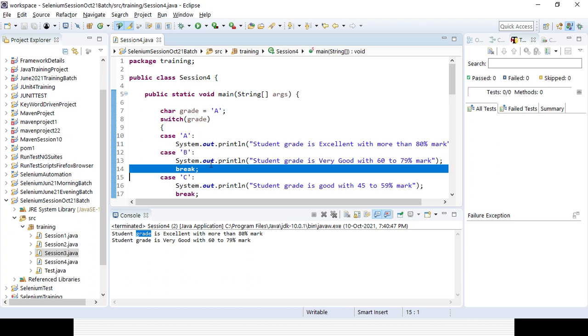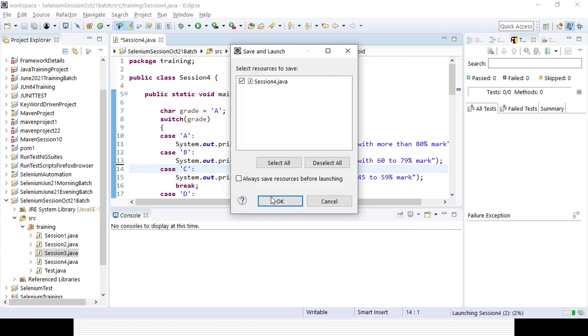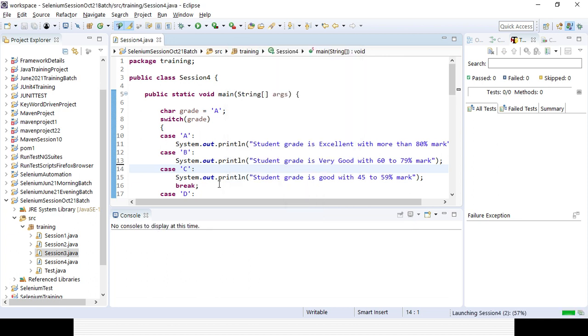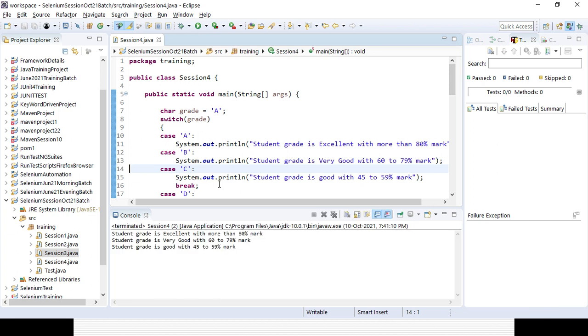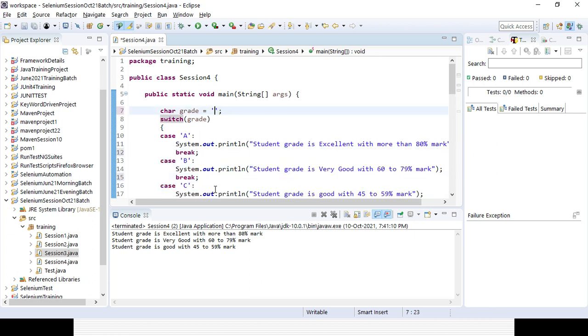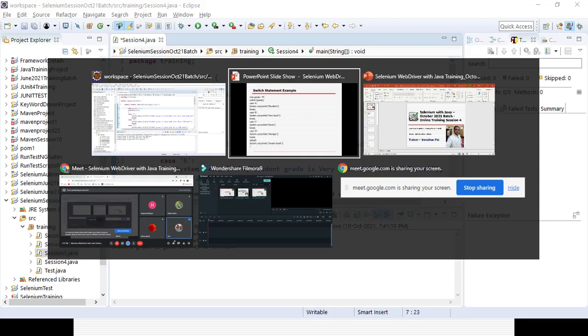In case you remove the break for the next line, it will still try to execute the third line until a break is there. So in case break is not there, it will try to execute even when the condition is not matching. That is the problem, and that is the reason you should always use the break, so that as and when the condition is matching, it will go out of the switch. Is it clear? The conditional statement in Java. Any questions?